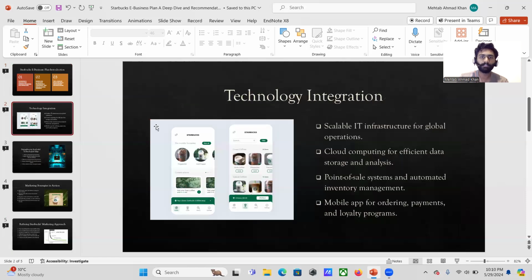So moving to the first plan, this is based upon technology integration, what technology Starbucks has implemented in their improvements and in their business. Starbucks has more than 34,000 stores, which exemplifies that Starbucks needs the most advanced technology to implement its electronic business plan. We have divided this into four major steps. The first step is that